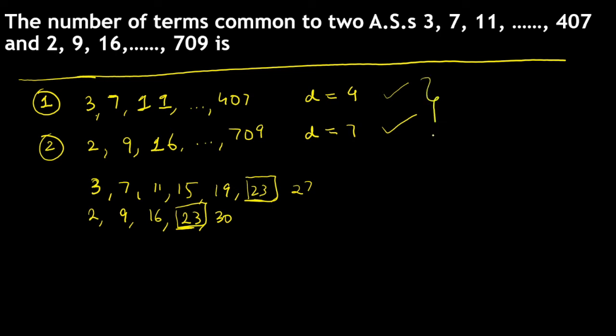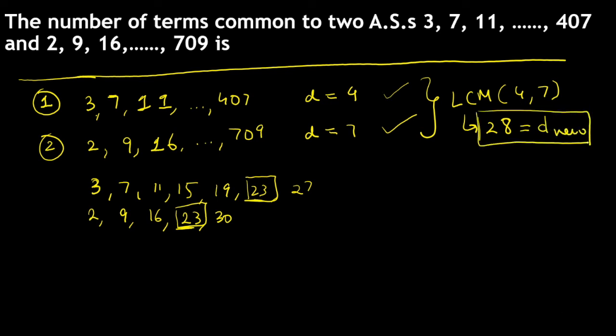So in this example, what we do is we find the least common multiple of 4 and 7. And the least common multiple here is 28, right? So this becomes our new common difference, which we will use. And 23 becomes the new first term. And with this, we can generate a completely new sequence, one which has terms common to both 1 and